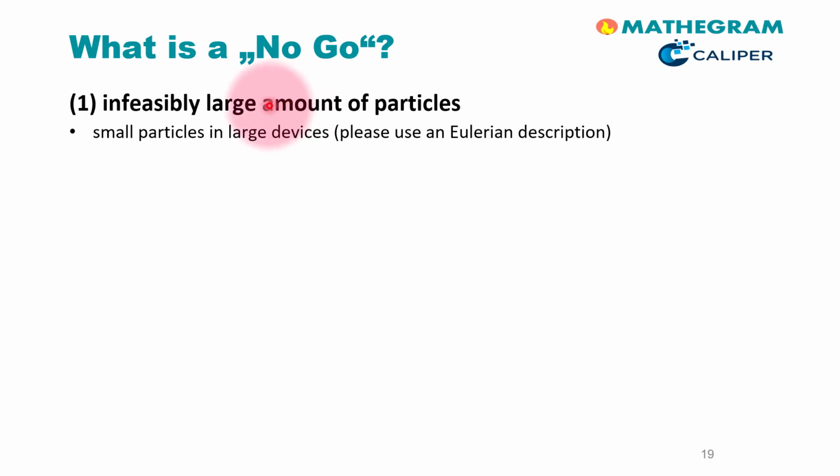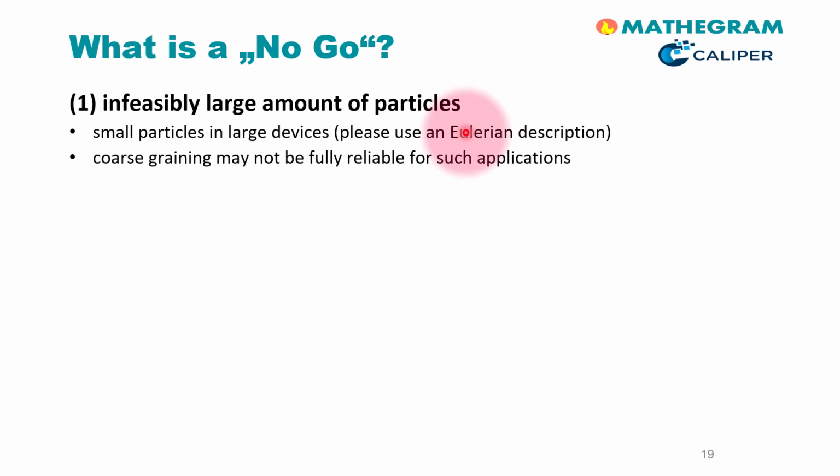Specifically, this is the case if we have small particles and large devices, e.g. a full-scale production facility with length scales of several meters. One should use an Eulerian description in such situations. Note that there are a few Lagrangian-based concepts, e.g. coarse graining, available for such applications, but these are more exceptions than the standard, since they, currently, often lack reliability